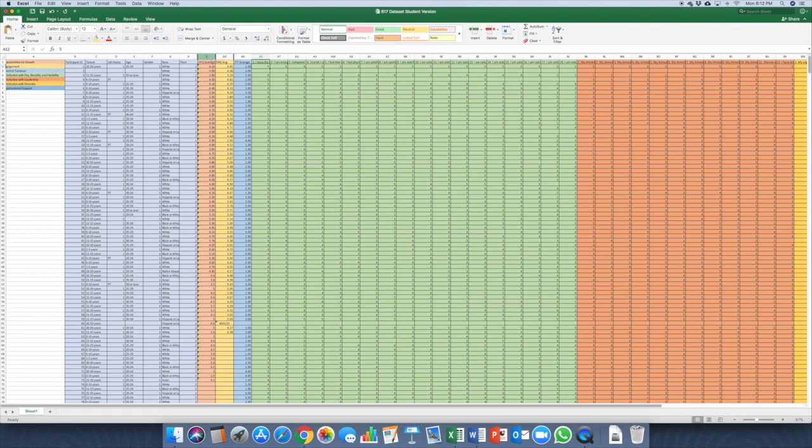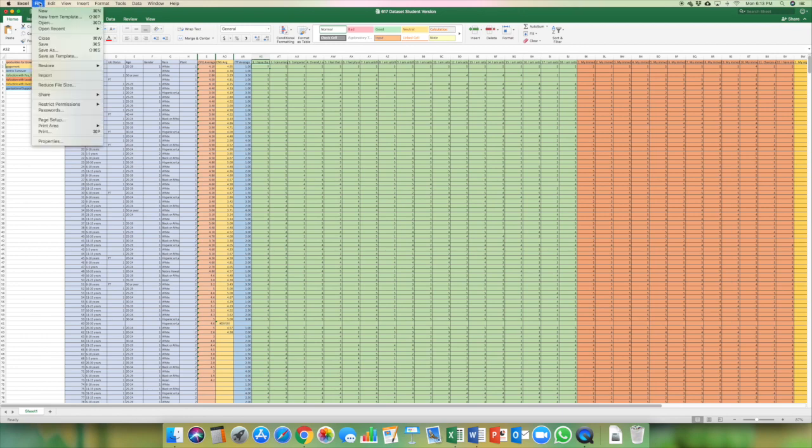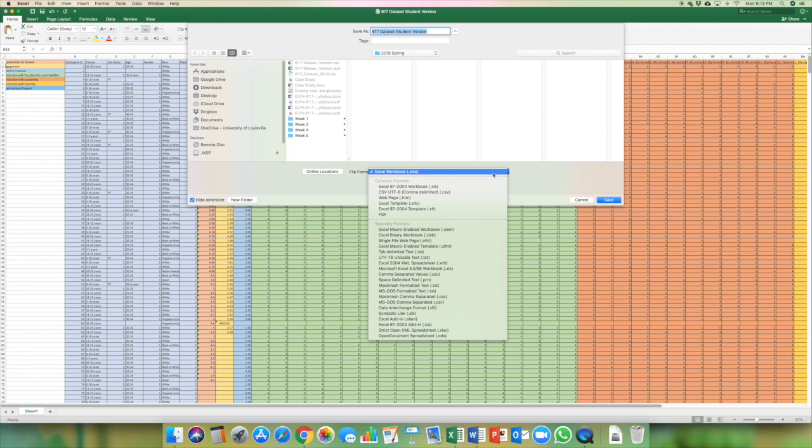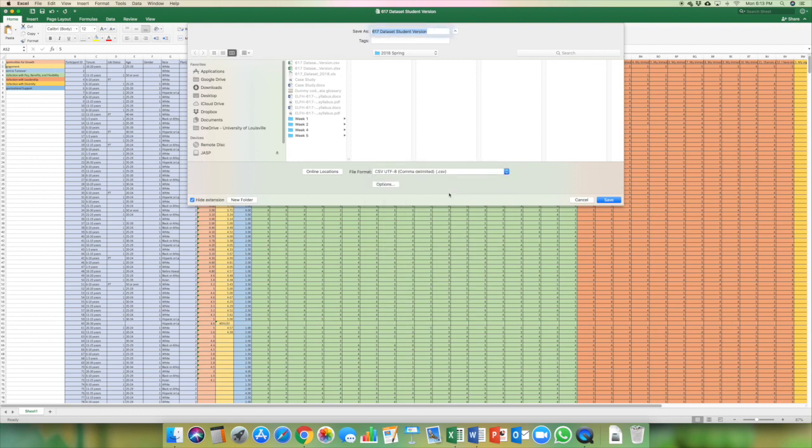Okay. Now that once you've done this, what I want you to do is save this file as it is. Okay, so you're going to save the file, and then you're going to save it in a different format. So you're going to have a couple of different file formats here. So we're going to do save as, and I want you to save it as a CSV. A comma delimited file, CSV. Okay, so save it as a comma delimited file. When you do that, it's going to say, hey, this is going to take away some features here. Are you sure you want to do that? And you're going to say yes. So when you hit save,